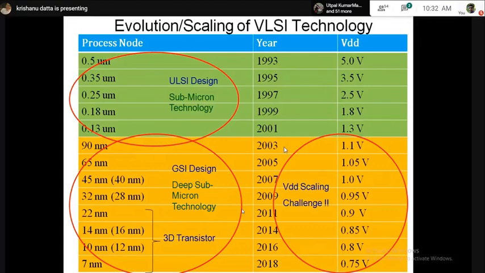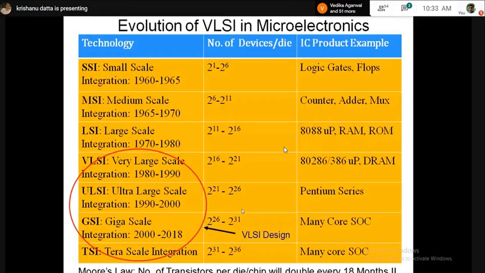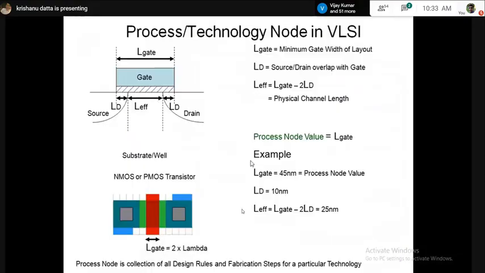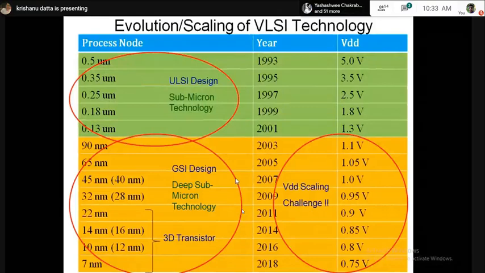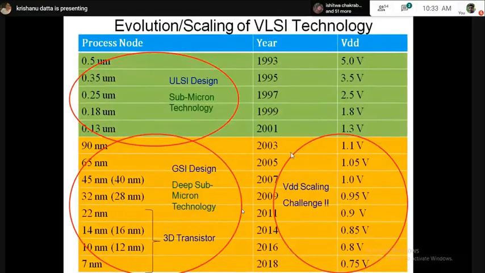Actually, in the last class I showed you the page about the number of transistors with all those integration levels: VLSI, ULSI, GSI, TSI. On this page I am showing how that was enabled through nanometer devices. So these two pages basically summarize 40 years of VLSI design and technology growth. So it's very important, and these numbers as a relationship are very easy to remember that way.